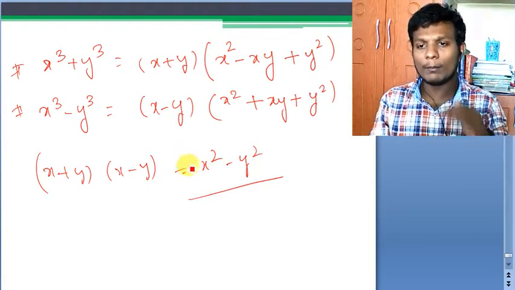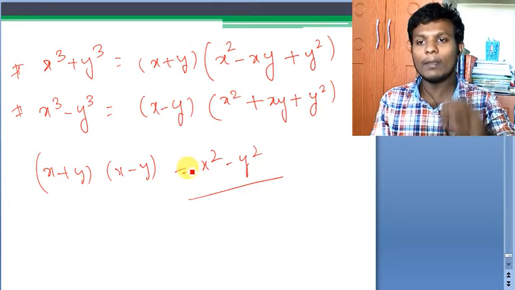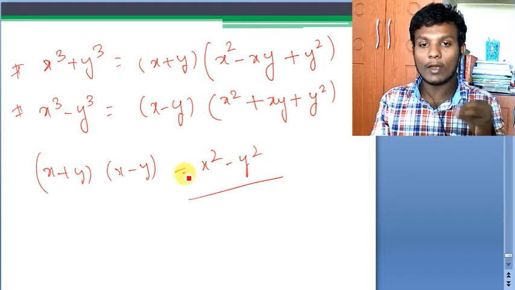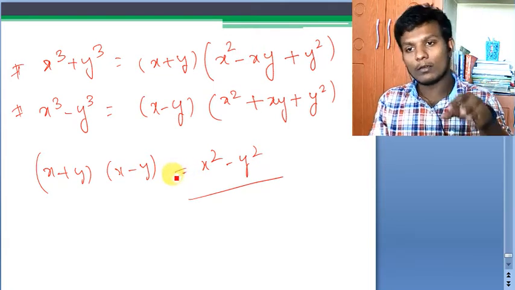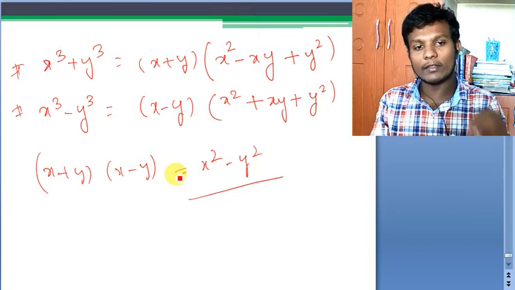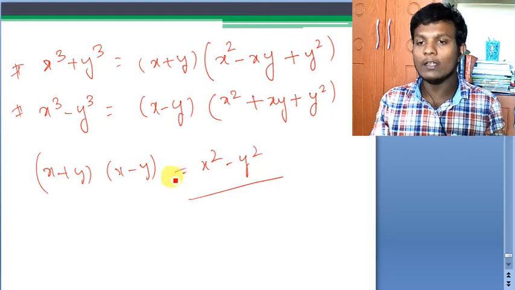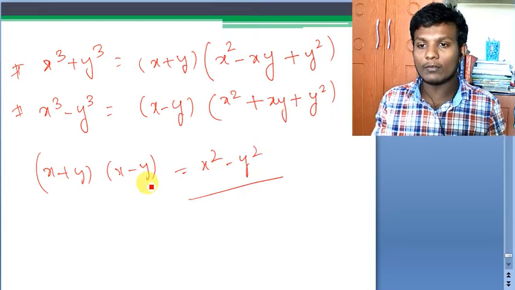So knowing them is immaterial unless we apply them at the right place. We have to identify them where they are hidden. We can use them for expansions, and we can use them for factorization. So let us see how these expansions will help us, and let us understand with some examples how these algebraic identities will help us.